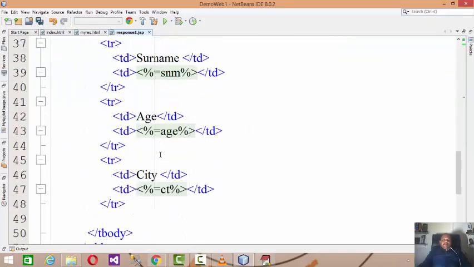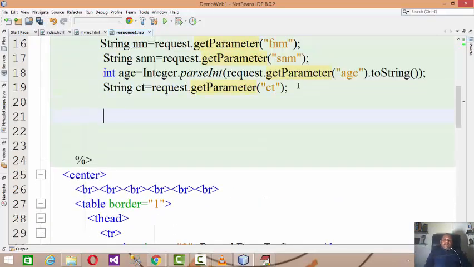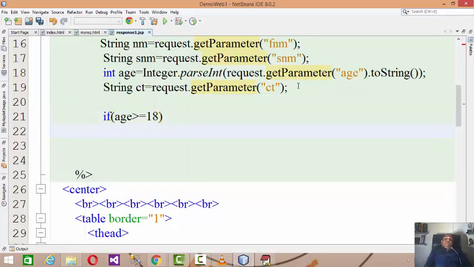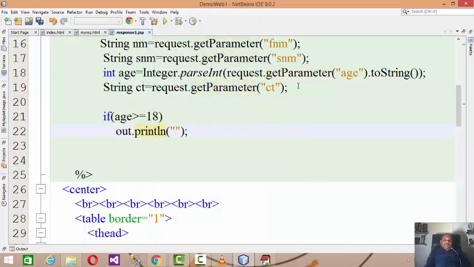And now here let us say you want to compare whether the person's age is eligible to vote or not. So if age is greater than or equal to 18, as we know, if the person's age is greater than or equal to 18, then out.println, out.println is the method, nm is eligible.